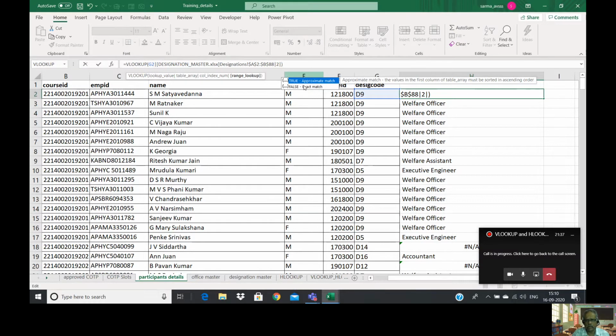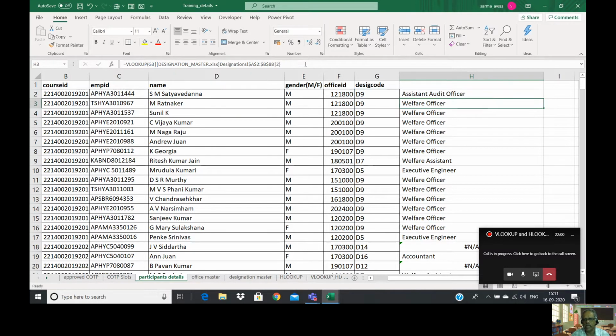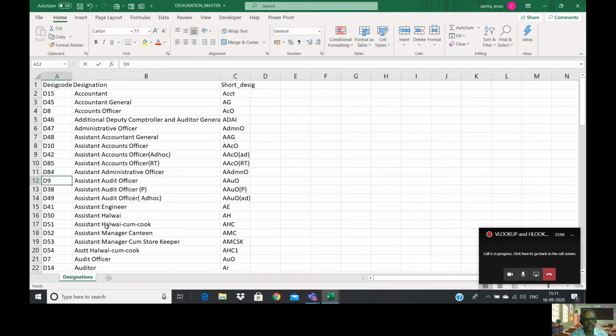By default, it is approximate match, but here D9 because it is a character, you have to use the exact match. So you select this exact match, that means false, right? By default, it is true. True means approximate match, right? So you have to specifically tell I need exact match. Then you have to use the false. So once I press this enter, you see now assistant audit officer. So it picked up the assistant audit officer correctly, right?